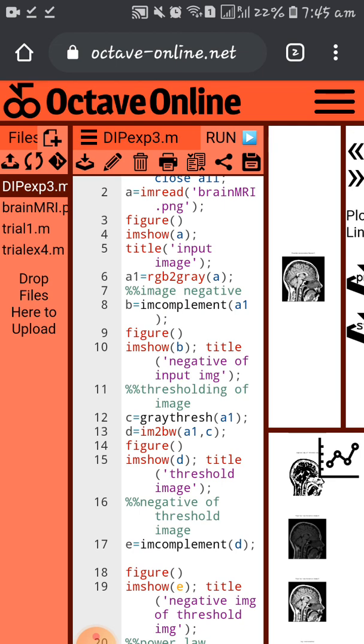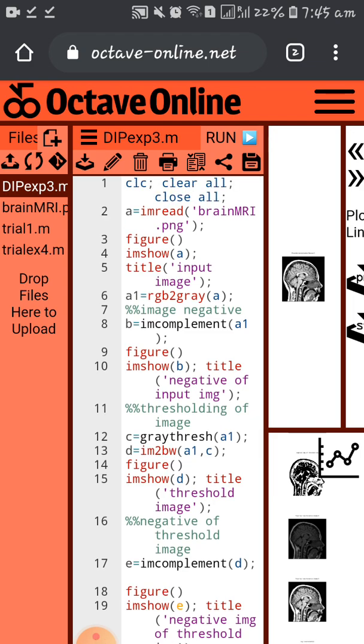Whenever you are running the script, always remember to save the script and then run the script, so that you will get the output correctly, or else you will always be getting hello world. So be very specific and always remember the steps. Upload the file properly, then save the file and run the file. Okay, so that is for running the third experiment.